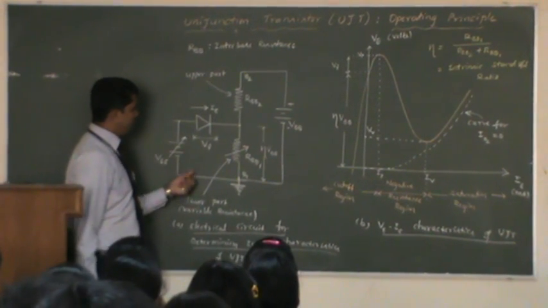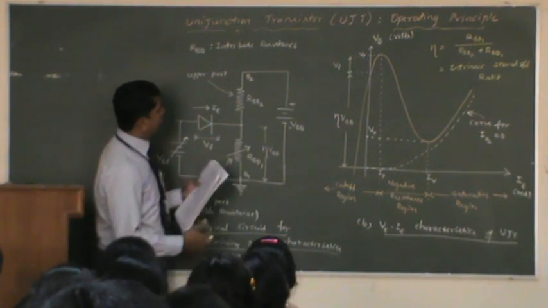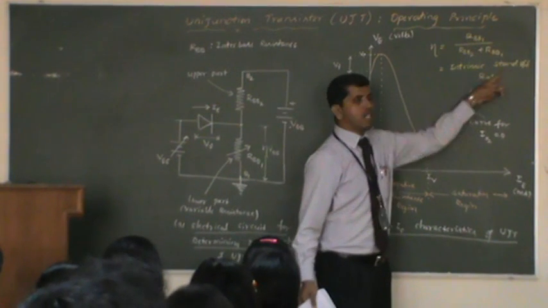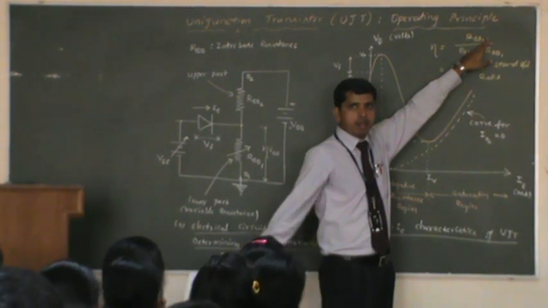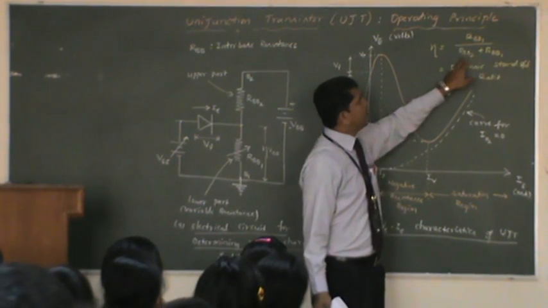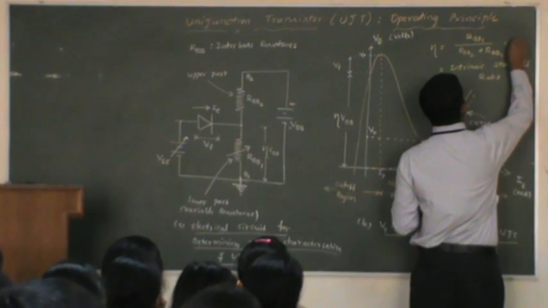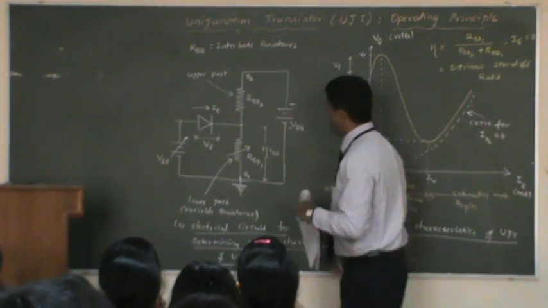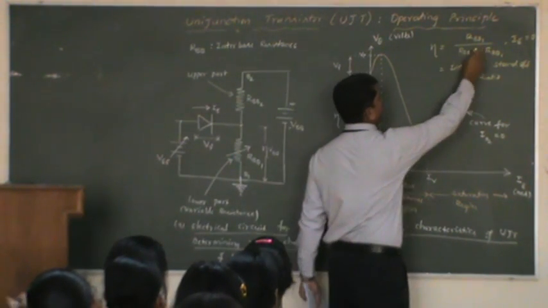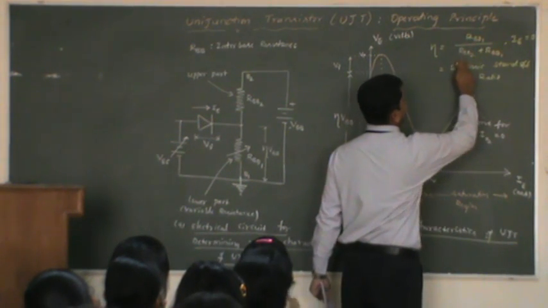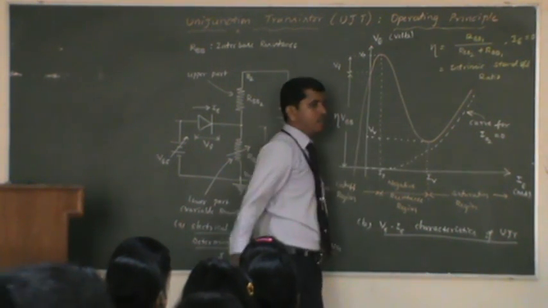You can see here again the voltage drop across this can be calculated by applying the voltage division rule. And before that, let me explain a parameter called the intrinsic standoff ratio. The intrinsic standoff ratio is the ratio of the resistance RBB1 across the base B1 divided by the sum of the resistances. This is obtained by making IE as 0. If the emitter current going through the emitter terminal is 0, the ratio of resistance RBB1 divided by the sum of the resistances across the bases is called the intrinsic standoff ratio.